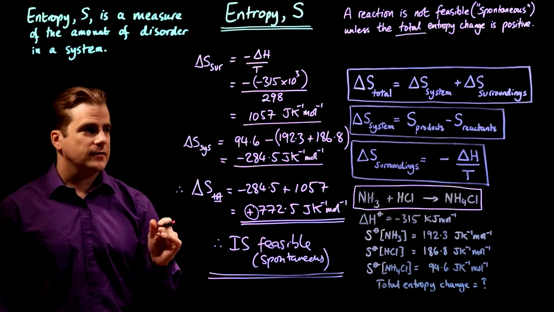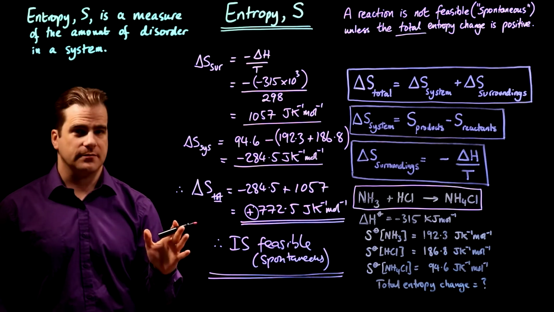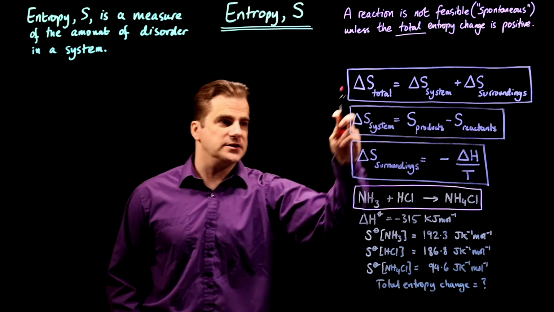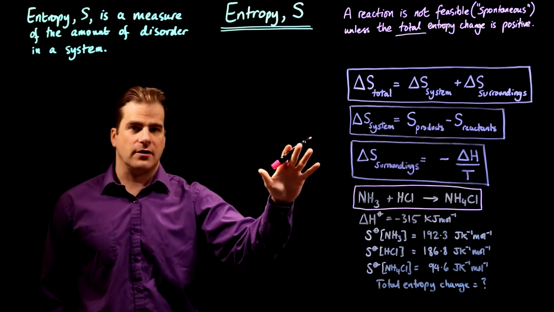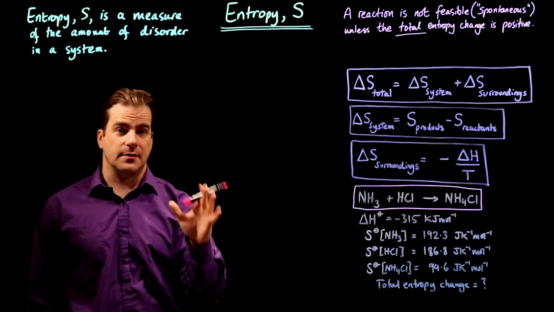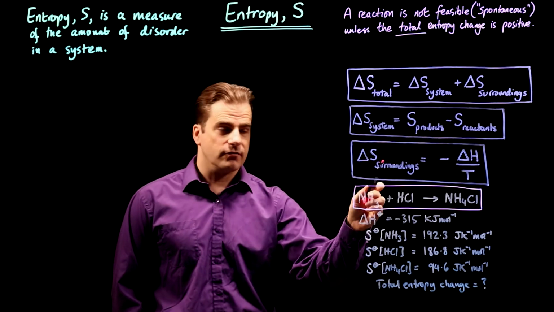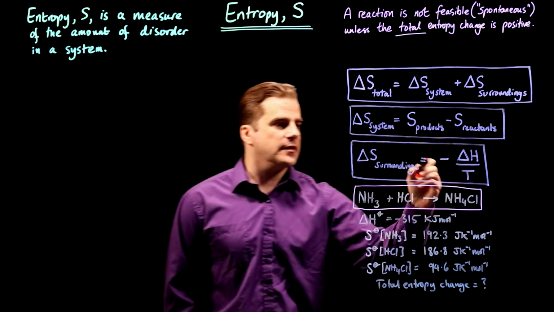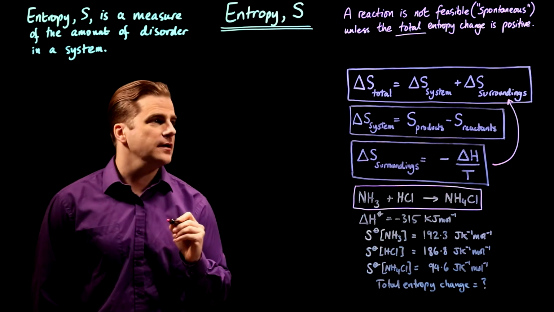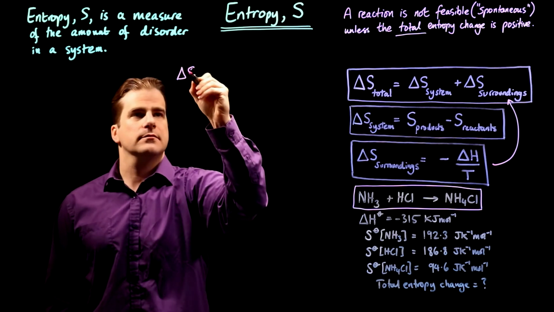Okay, next we're going to talk about the Gibbs free energy, and you need to know one more equation. What we're going to do now is take these three equations, do a bit of subbing in, rearrange them, and we're going to get another equation which is going to involve something called the Gibbs free energy. So, delta S of the surroundings is this, so we're going to sub this into there. And we get the delta S total